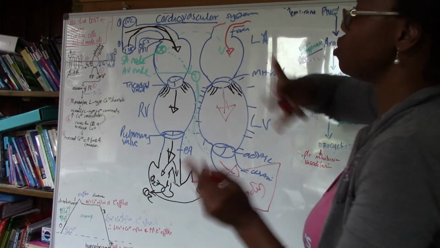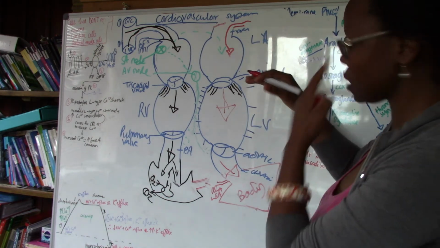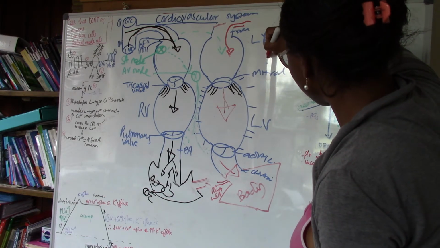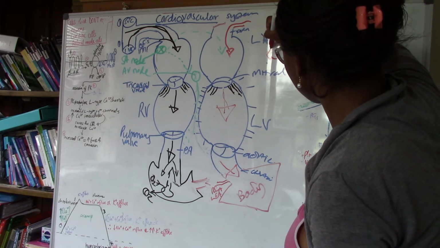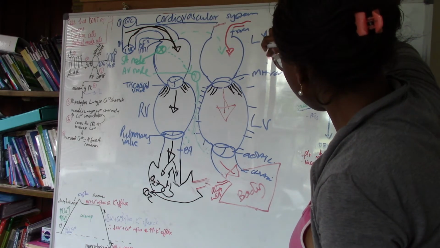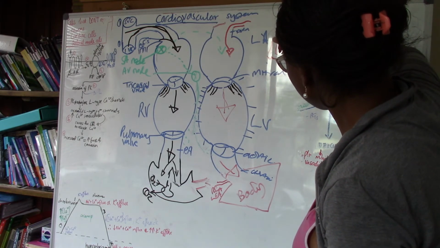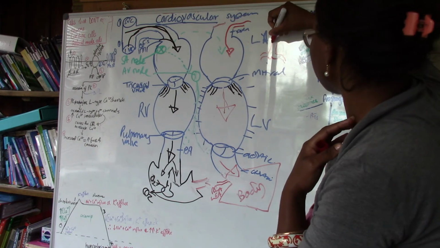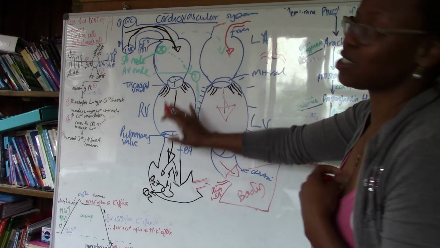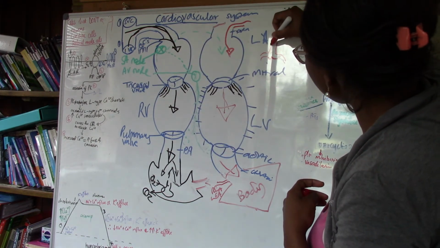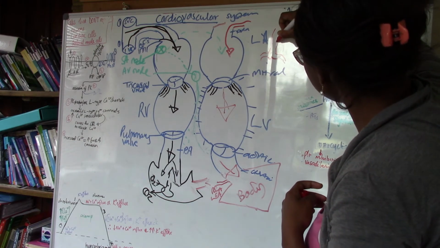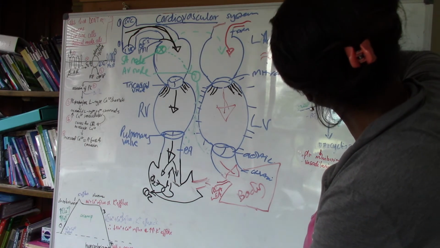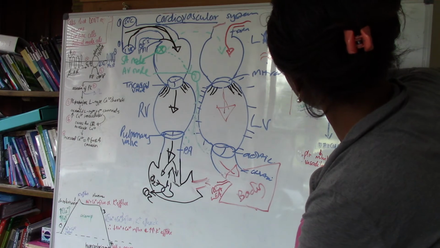So if we look at it from an anterior aspect, we will have the right and left coronary arteries going on to feed the cardiac muscle, the heart itself, and then the aorta will ascend like that, form an aortic arch, and then descend into the thoracic cavity,